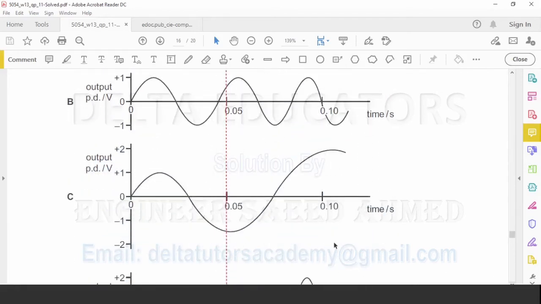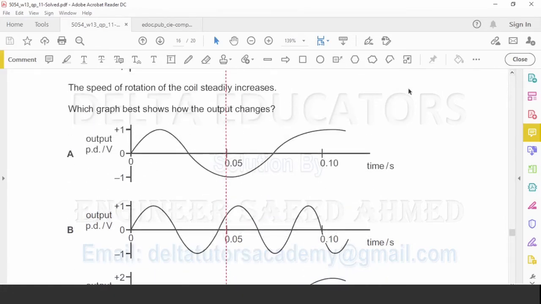In option C, we are looking that potential difference is increasing here. Here potential difference is 1 volt, and here in the second wave we are looking potential difference is approximately 2 volt. So here potential difference is increasing. So it can be our possible option. Now the second thing that we have to consider here, it is about frequency or about wavelength. We have discussed before that with the increase in speed, frequency increases and wavelength decreases. But here we are looking that the wavelength is increasing.